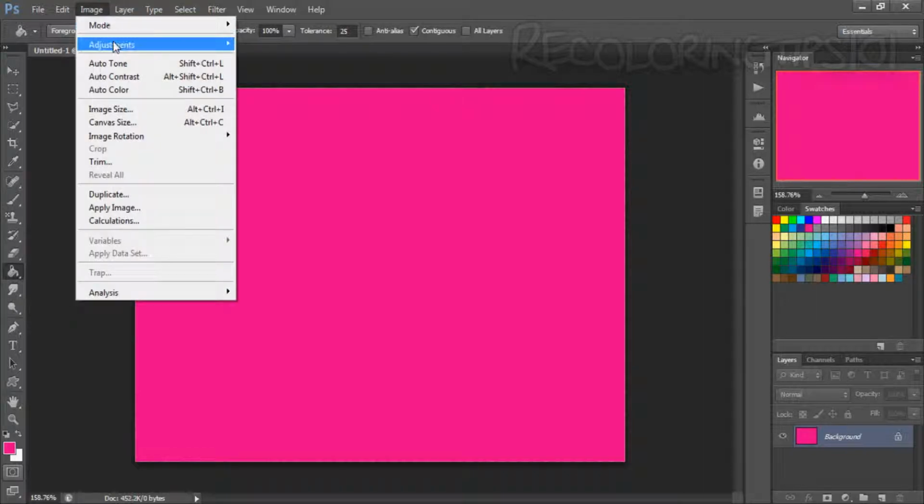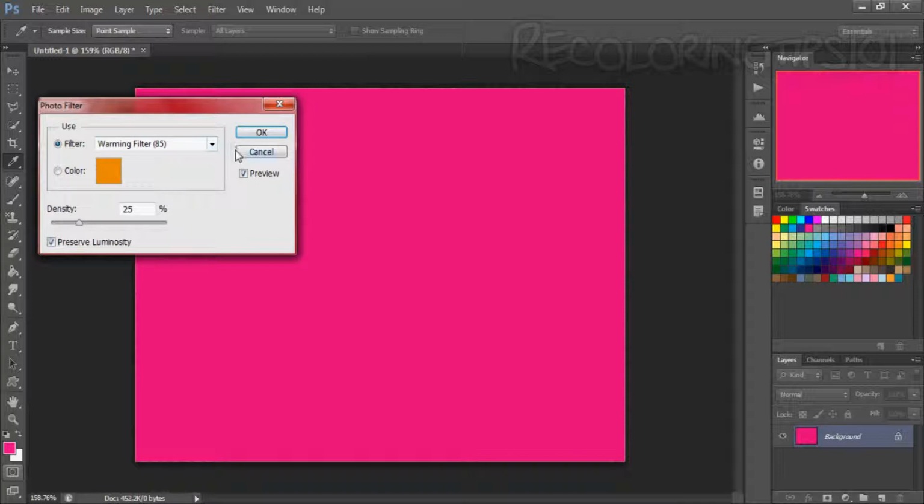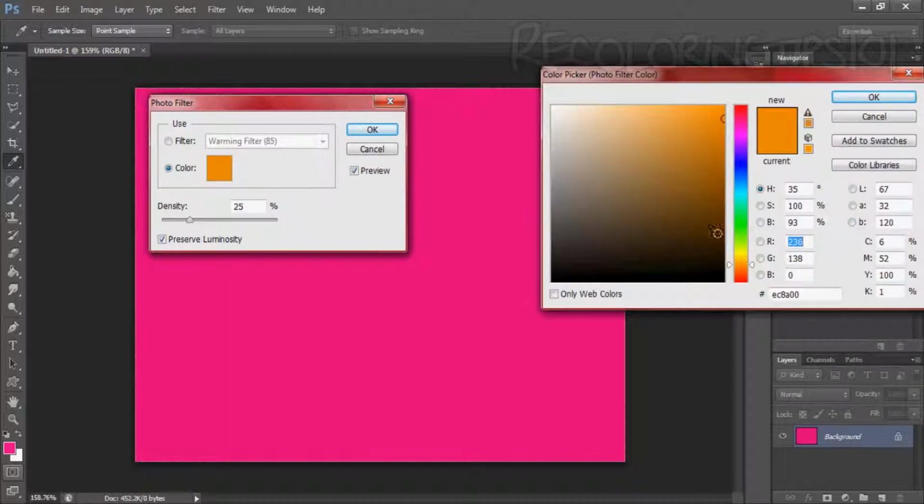Photo filter, I tend to use this when doing tag pictures and stuff. Again, if I'm making something white, and I'm trying to make ice blue for my friend Satikia, I make the image white first, then I go on to colour, change it to an ice blue colour, and I change the density. If I change this to white,